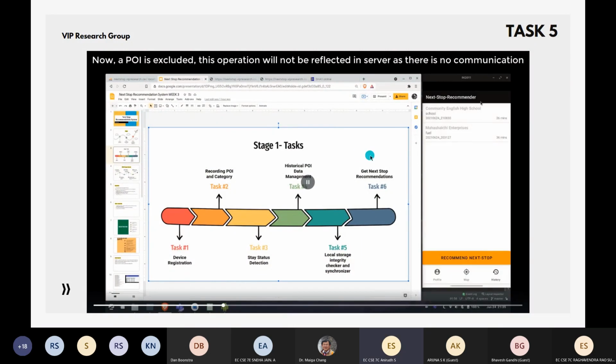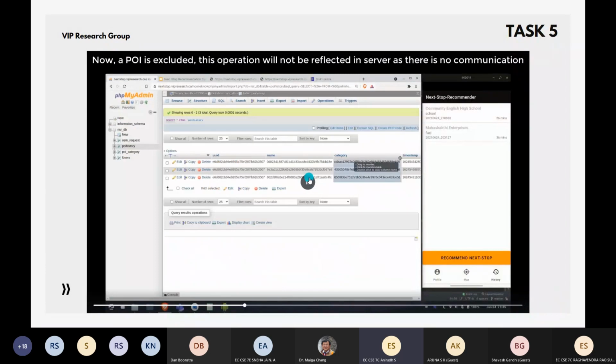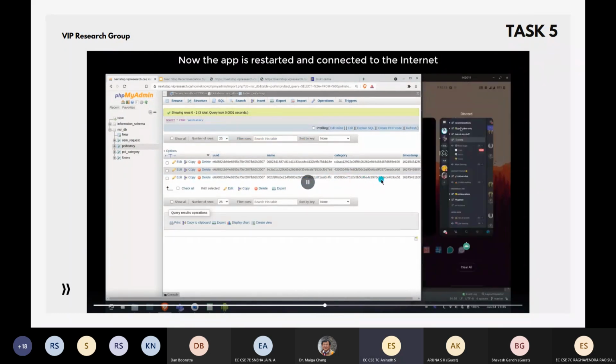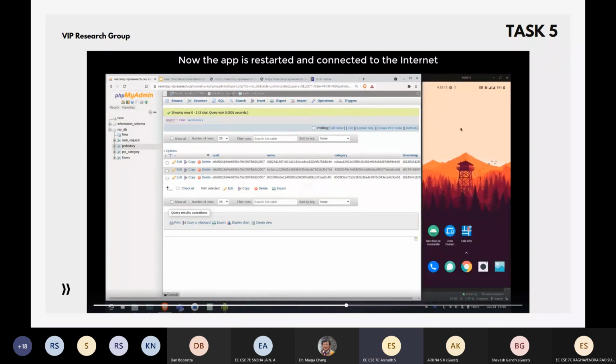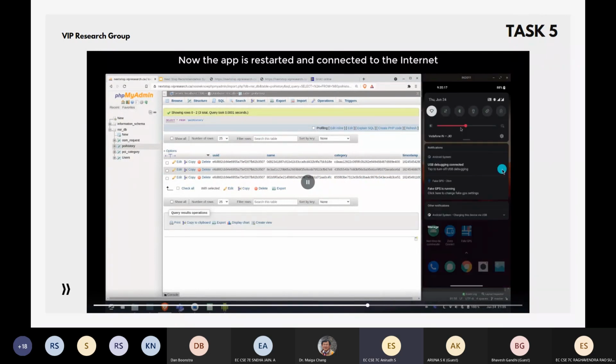Right now, the phone is offline, and we try to delete the point of interest. We can see that the point of interest is not deleted from the server database. So the third point of interest is still there. So now, whenever we get back internet connectivity, whenever we are online,